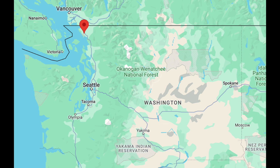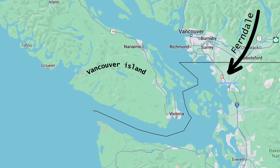Just to give us an idea of the orchard itself, you're in Ferndale, which is pretty close to Bellingham, which is near the border of Canada. If you're looking at Washington State, you have the Olympic Peninsula a little bit more to the west of you, and then you're pretty close to British Columbia. And we're actually farther north than Vancouver Island. It is really bizarre, but the good part is that we're on the same latitude line as Normandy, France,